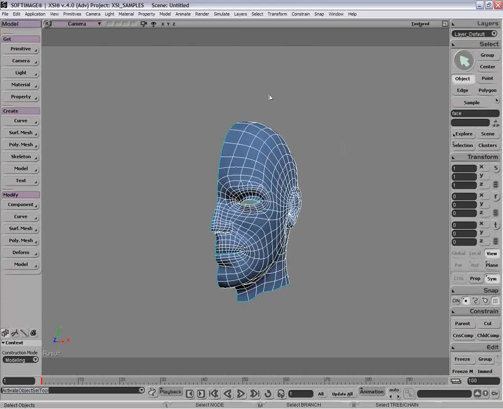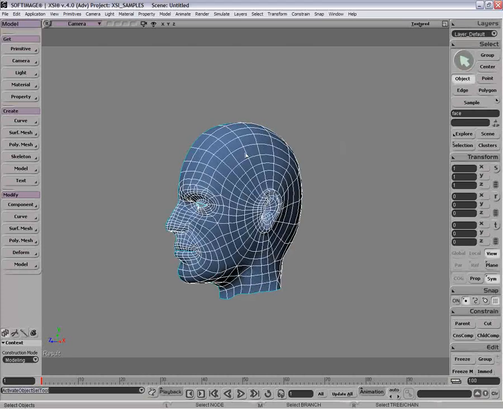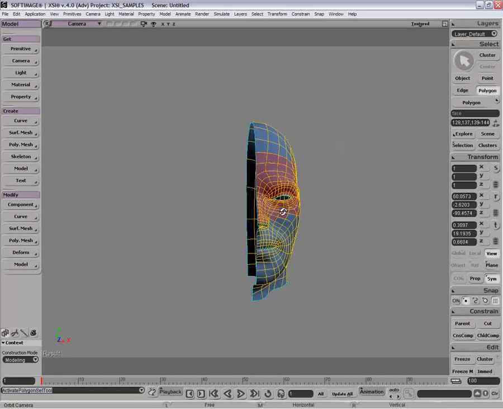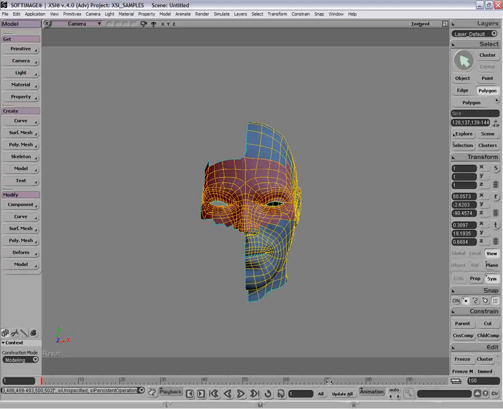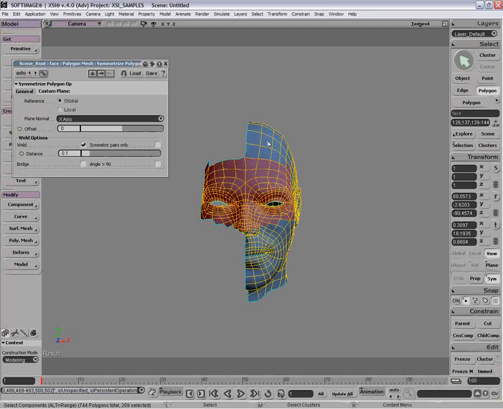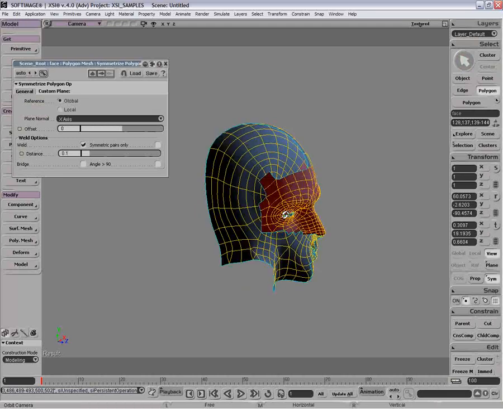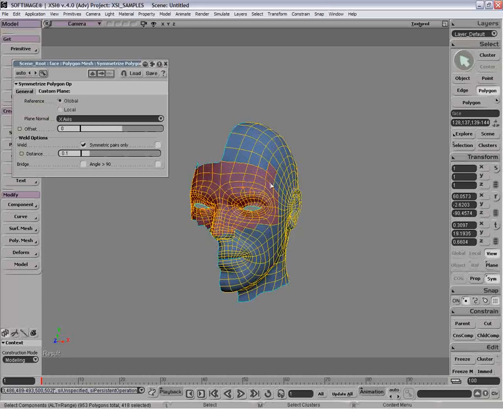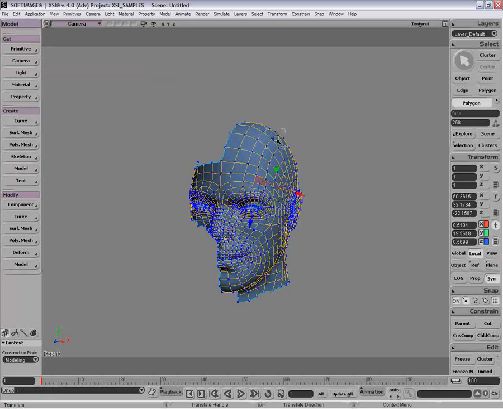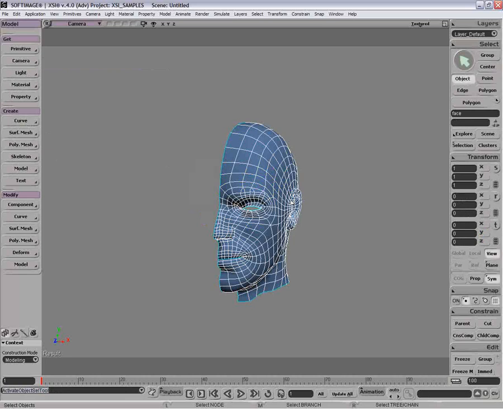So a couple things we can do. First of all, we have an option called Symmetrize Polygons. So if you just grab a couple of polygons, right click here, it'll say Symmetrize Polygons, and it'll basically symmetrize those that you've selected and attach them directly to your mesh. So that's quite an elegant way of doing it. Now of course the problem is that if I actually move something here, it's not going to move on the other side. So it's not upkeeping that symmetry,